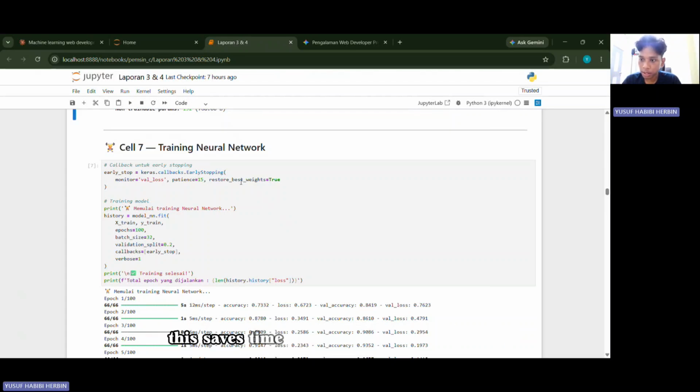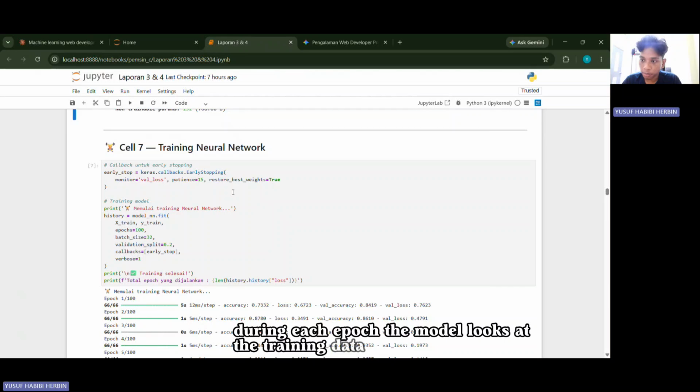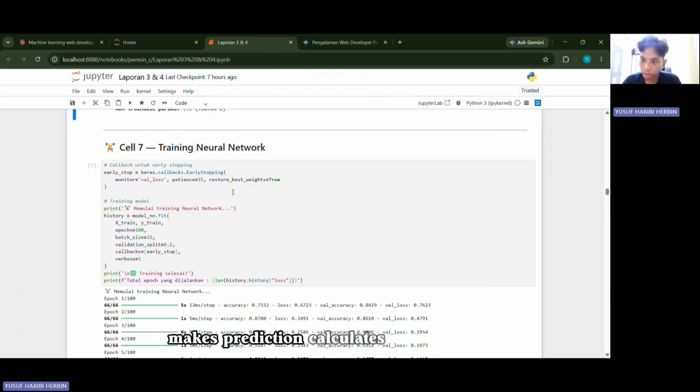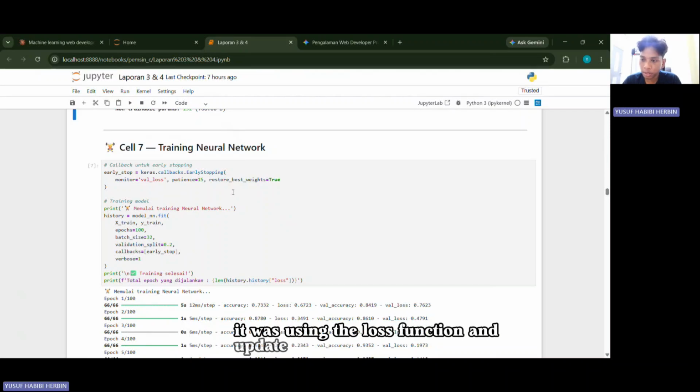This saves time and prevents overfitting. During each epoch, the model looks at the training data, makes predictions, calculates how wrong it was using the loss function, and updates its weights using backpropagation. We pass in the epoch count, batch size, validation split, and the callback we created.